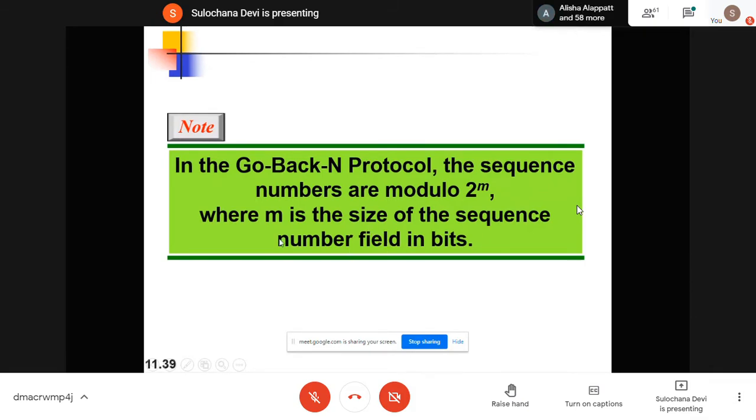So if the size of the sequence number field is 2 bits, then our sequence number can be 0, 1, 2, 3, and again 0, 1, 2, 3. If you are using 3 bits for the sequence number, then our sequence number can be 0, 1, 2, 3, 4, 5, 6, 7, and again 0 to 7 like that.